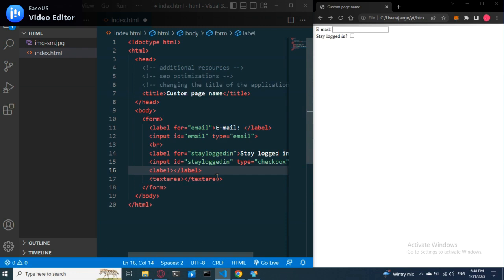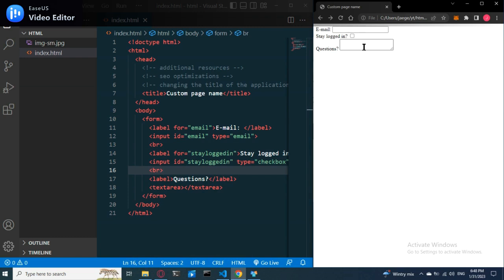Which will basically emulate the questions part of the application, or the form rather. Saving and refreshing gives us a text area. One crucial difference that I forgot to mention about the input element right here in the email and the questions part here as a text area is that text areas are basically multi-line inputs, whereas general inputs are just considered